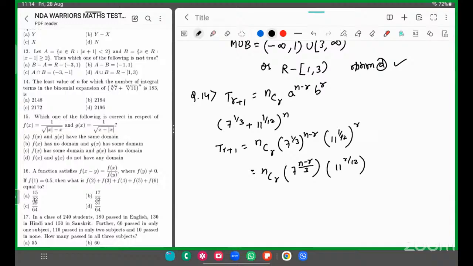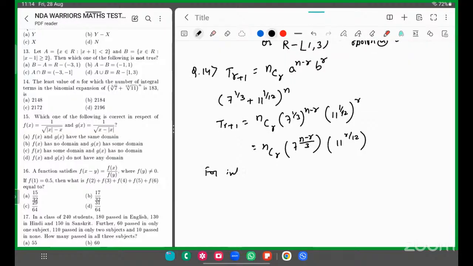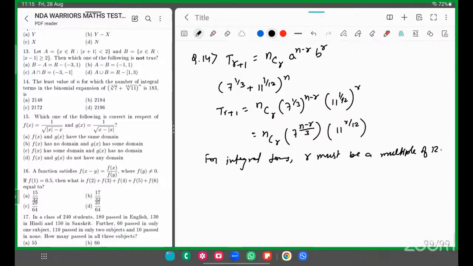उन्होंने इंटीग्रल टर्म्स यूज किया ना, इंटीजर्स ही आने चाहिए। The number of integral terms in the binomial expansion is 183। अब देख रहे हो यहाँ 3 है, यहाँ 12 है, इसको इंटीजर होने के लिए 12 का मल्टीपल होना पड़ेगा ना। For integral terms, r must be a multiple of 12, मल्टीपल ऑफ 12। ओके, तो r का वैल्यू हमने ले लिया, r का वैल्यू जैसे 0 भी ले सकते हैं, 12 भी ले सकते हैं, 24 भी ले सकते हैं, ऐसे चलता रहेगा। इससे पता चल रहा है कि 12 का मल्टीपल ले रहे हैं ना हम, ठीक है,